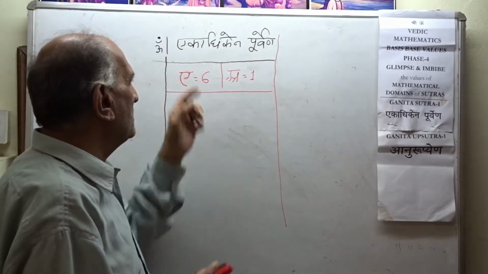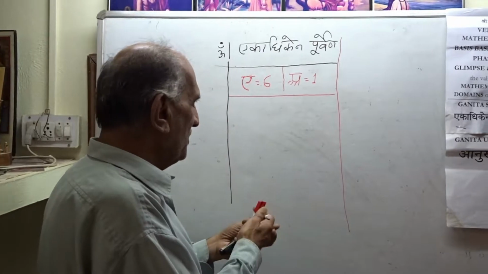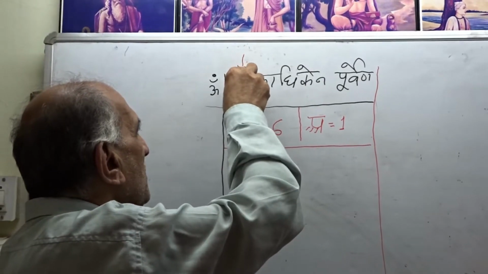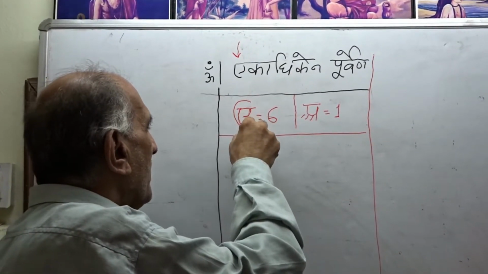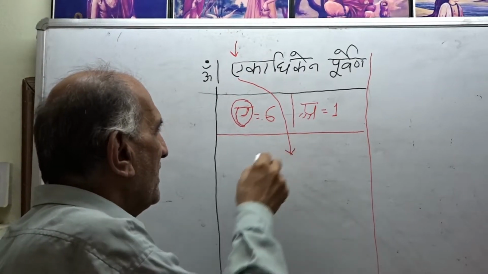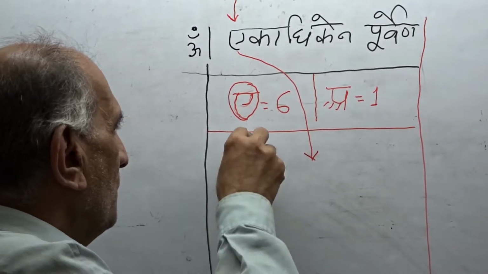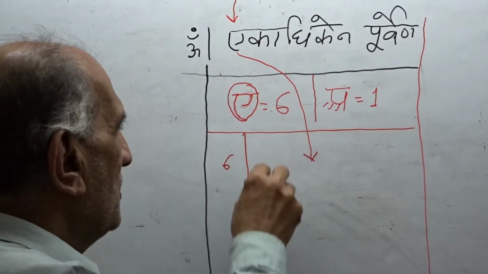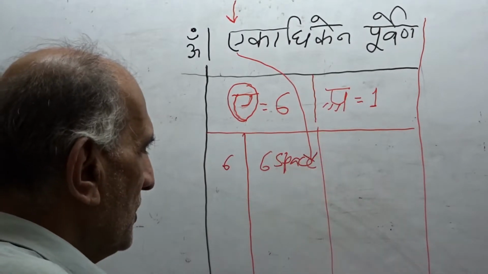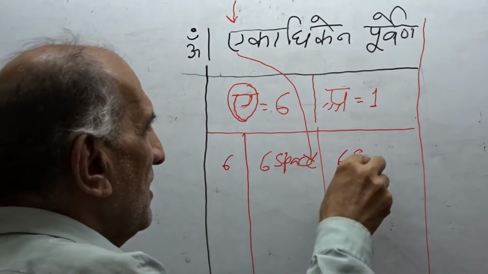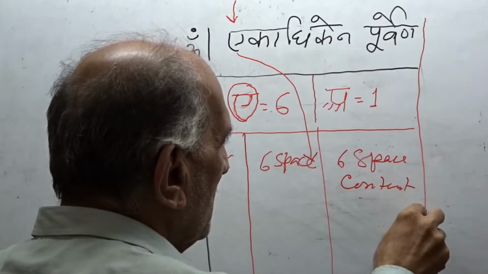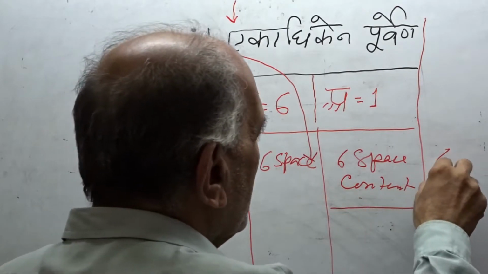Ganita Sutra 1 has its structural key in its first letter. Therefore, the structural key of Ganita Sutra 1 is preserved in its first letter of value 6. We can recapitulate that the 6 value takes us to 6 space, then further to 6 space content, and from 6 space content we reach its manifestation as 6 space domain,